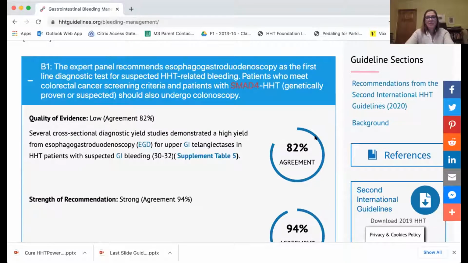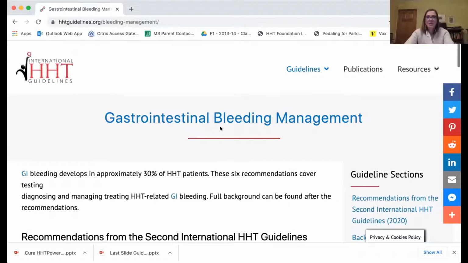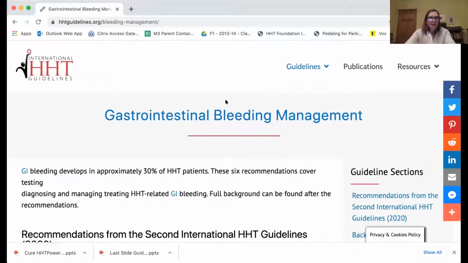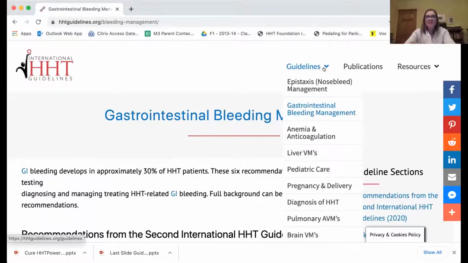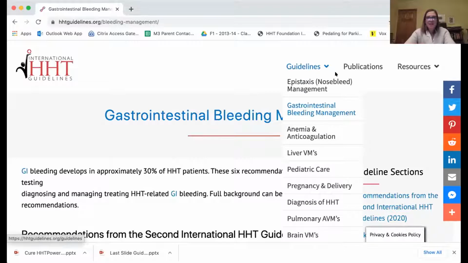And then there are some other tools on the sidebar, including references, etc. So for example, if a gastroenterologist wanted to know what the HHT guidelines had to say about management of digestive aspects of HHT or GI bleeding in HHT, then they would go to that tab.